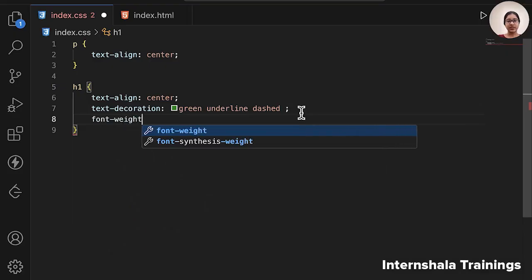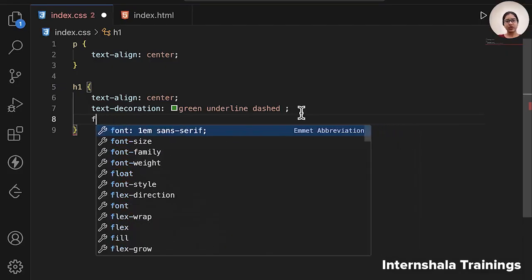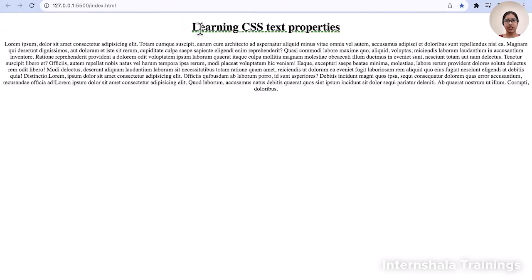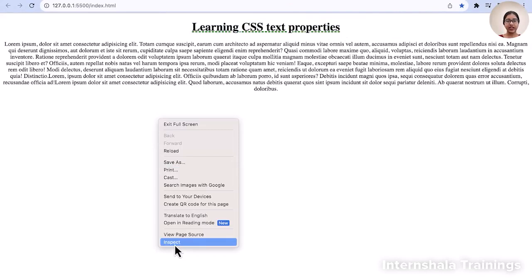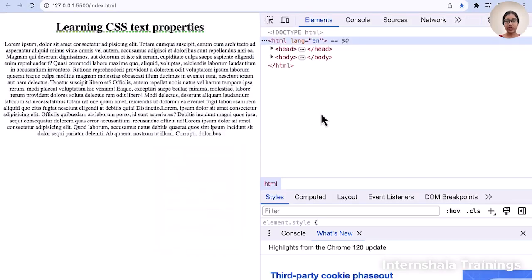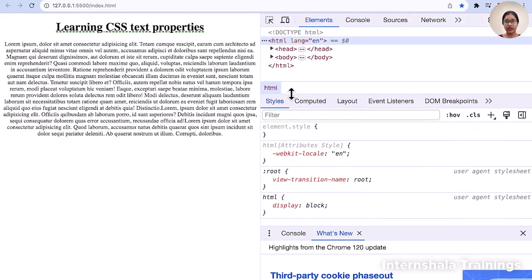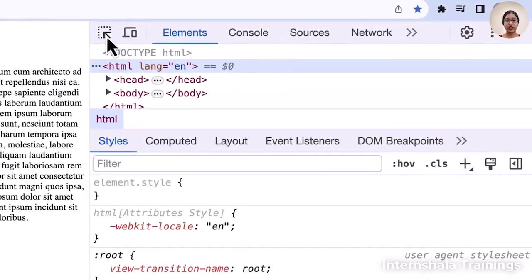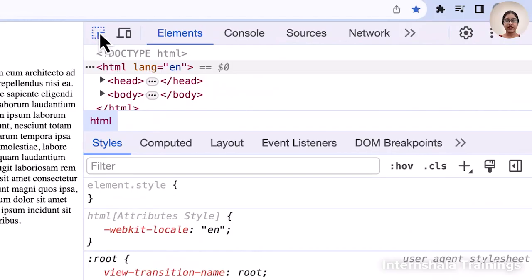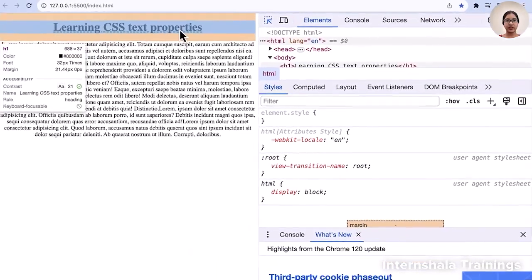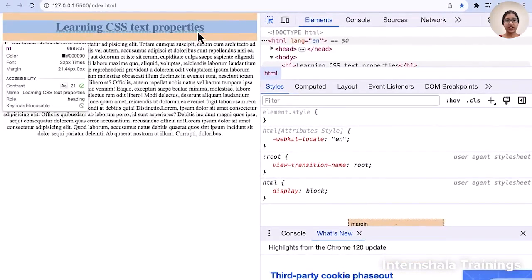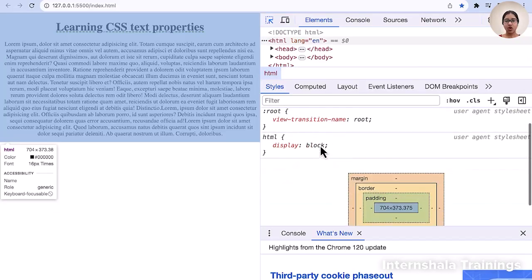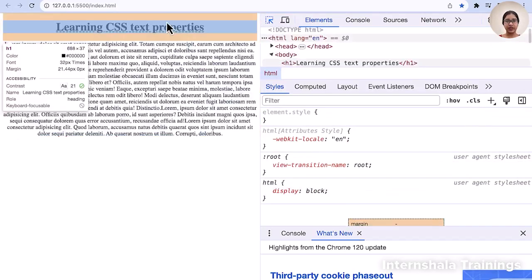So font weight specifies... So we know, right, the H1 tag by default has what type of font? This is always bold, right? The header tag is always bold. So if you right click and inspect, and when you come here, let's check. When you click on this one, what is it showing? When you hover over it, it just says it selects the element. Once you have selected this element, it will show all the properties of this element.